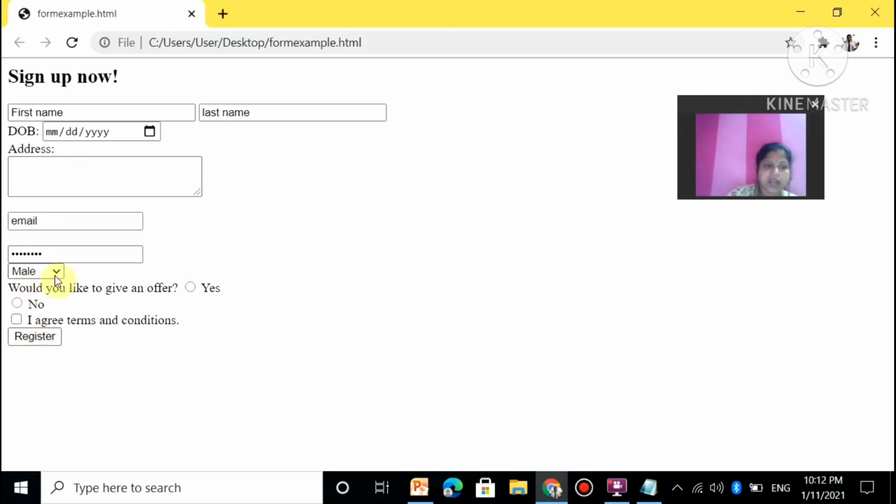Okay, and here you see male or female, two options are there, you can choose one. So whenever you want to keep some values in a box and you have to select one, you will go for the select element. Okay, and inside the select element, option element will be used to add these values. Clear? Hope all of you understand.